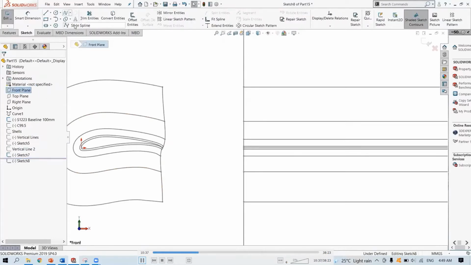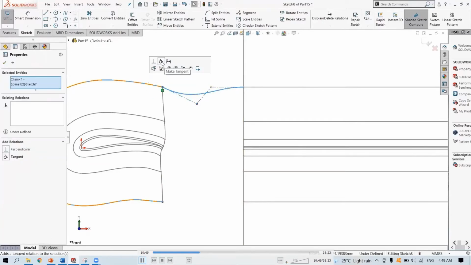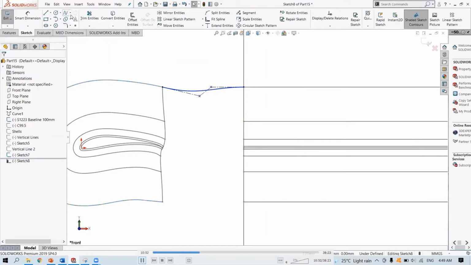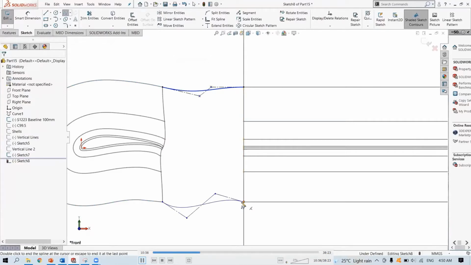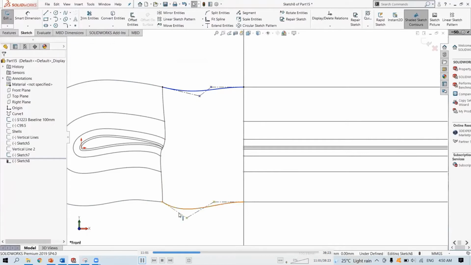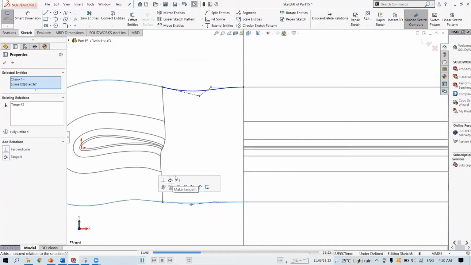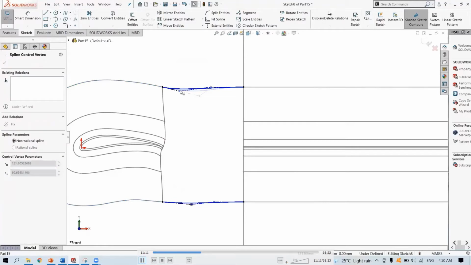Now just another front plane sketch. We'll connect to the corresponding shell to the horizontal line. Just make sure that on the right it is horizontal, and on the left it is tangent to the curve. You're just guiding the mesh to be relaxed into becoming a straight rectangle. Make it tangent. You can control the points.